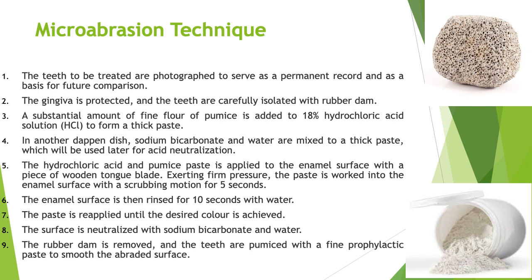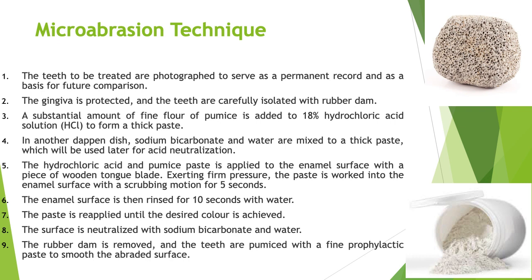Then we use pumice, which is an abrasive material. It comes as a fine powder. We mix it with 18% HCl, or hydrochloric acid, to form a paste. Then we make another mixture of sodium bicarbonate mixed with water, and we leave it to the end of the procedure. We apply the first mixture, which is hydrochloric acid and pumice, to the tooth surface, to the enamel surface,